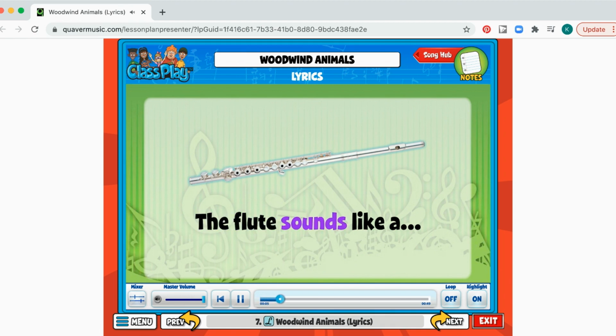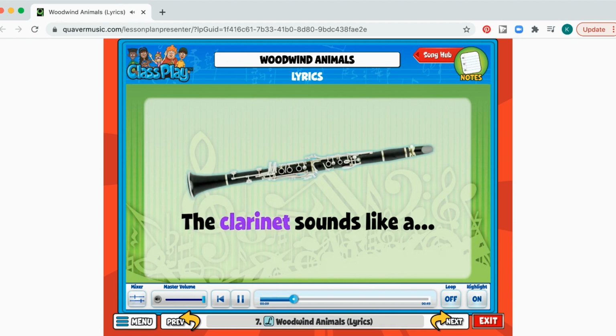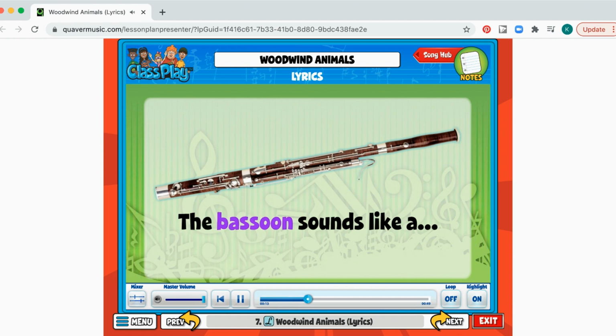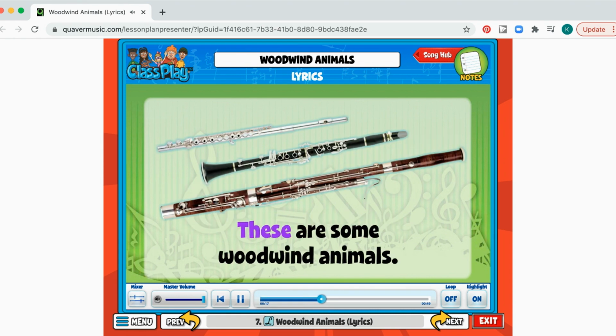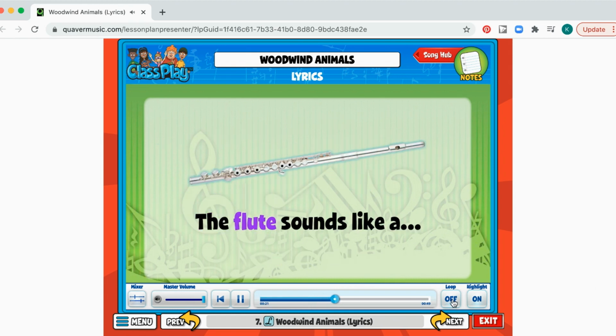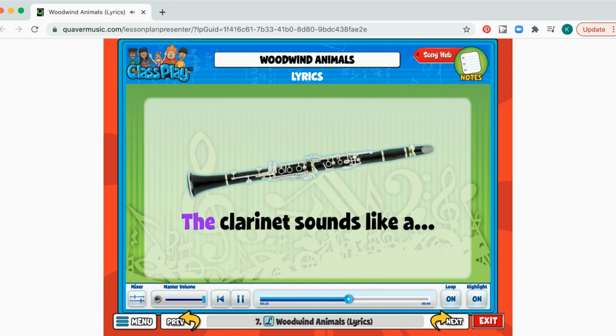The flute sounds like the clarinet sounds like the bassoon sounds like these are some woodwind animals. The flute sounds like the clarinet sounds like